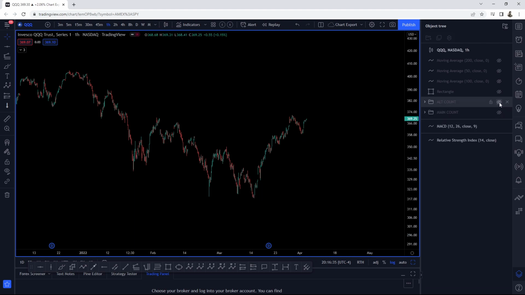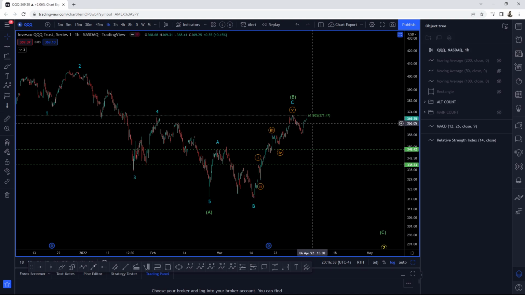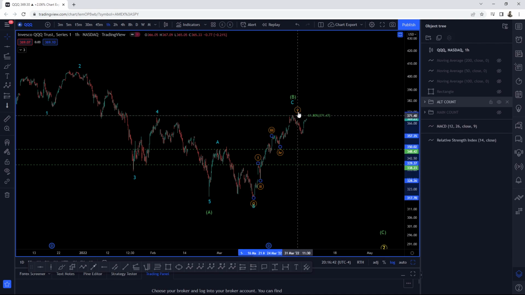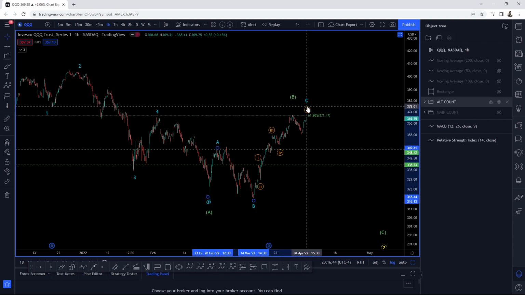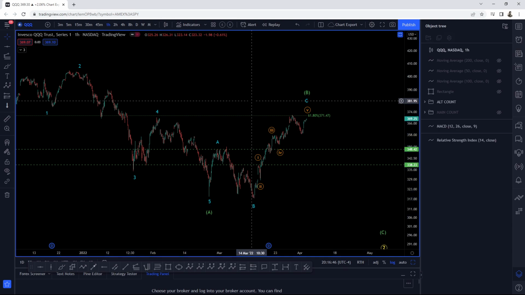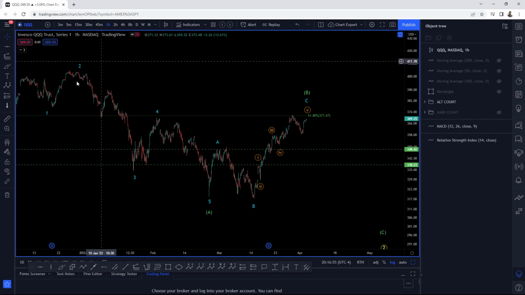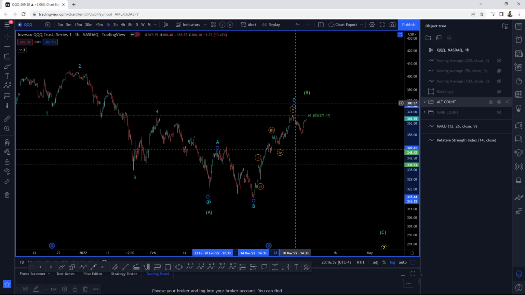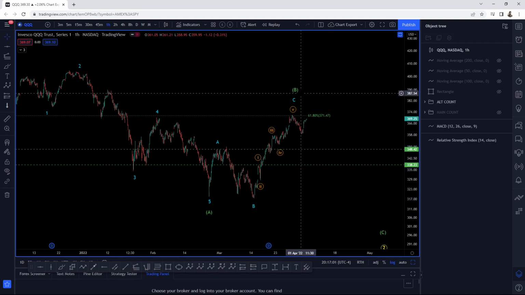And then taking you to the old count, same deal. Now, if it becomes more evident that we break above this high here, I don't think that's the case for this wave structure anymore. So I'm guiding myself on the cues to let me know if this is going to be the case. If it is, then I am very excited, because that will start invalidating this view. But for now, till we break that high, we're going to remain objective to this structure.